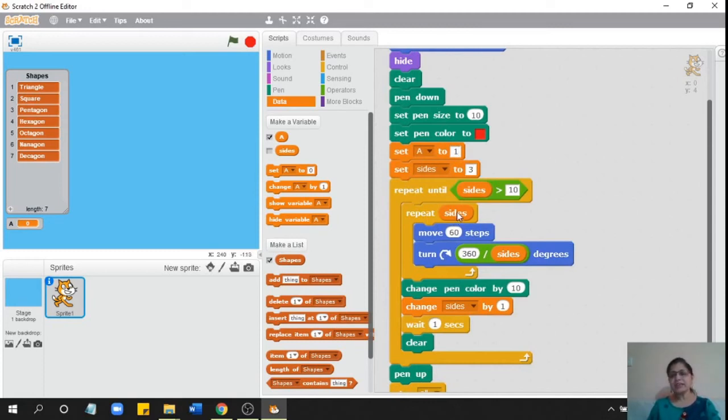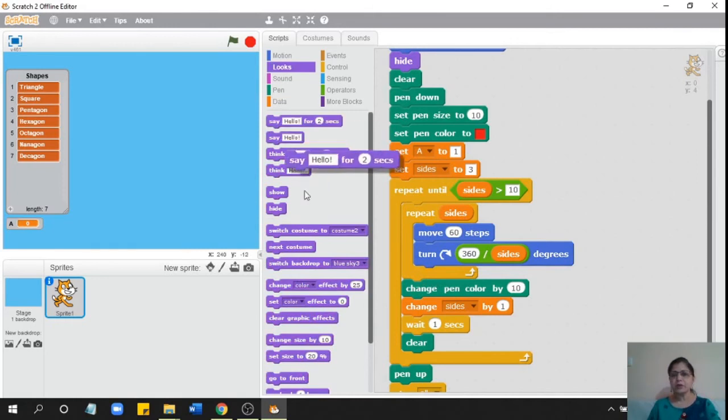Most arrays in other languages, and a list in Scratch means an array in other languages, when you learn other languages, you will learn the concept of a single dimension array. In a single dimension array in other languages, the item number always begins with 0. It doesn't begin with 1. But in Scratch, because it's a language meant for kids, it begins with 1. So set a to 1.